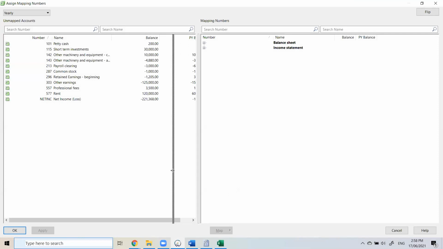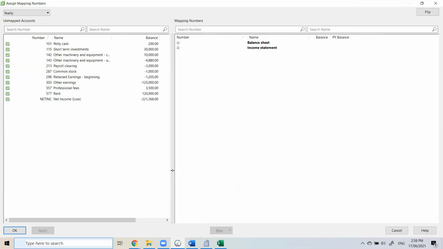Now, assigning map numbers is going to be a big exercise. Okay, for those of you who are taking notes, please have your notepads ready because I will be giving you a lot of rules in here. Lots of rules you must follow. If you don't follow the rules, you will break your file. If you break your file,